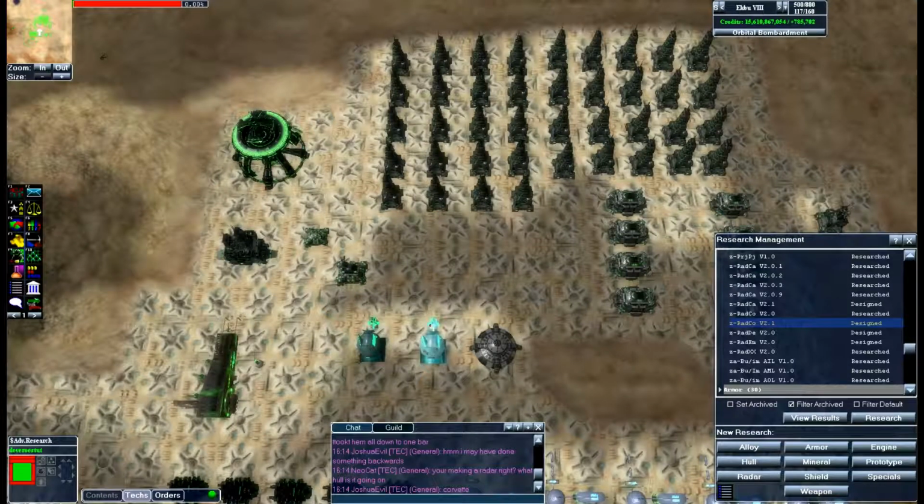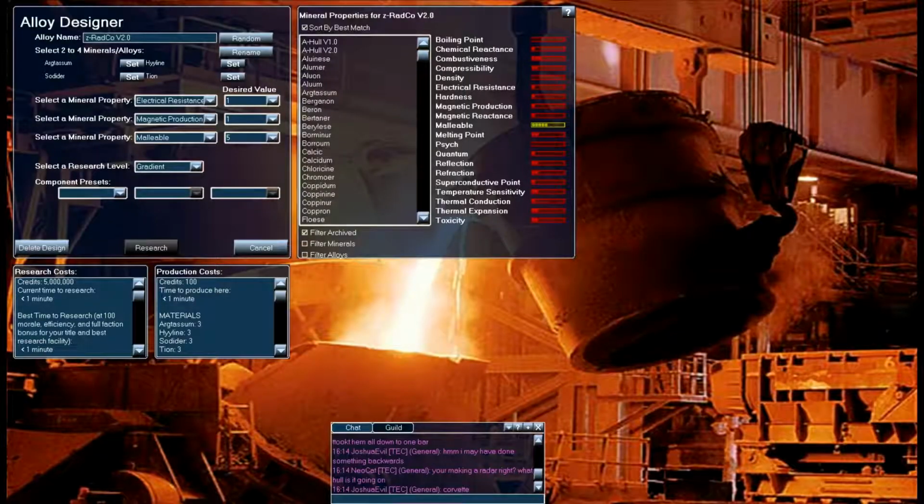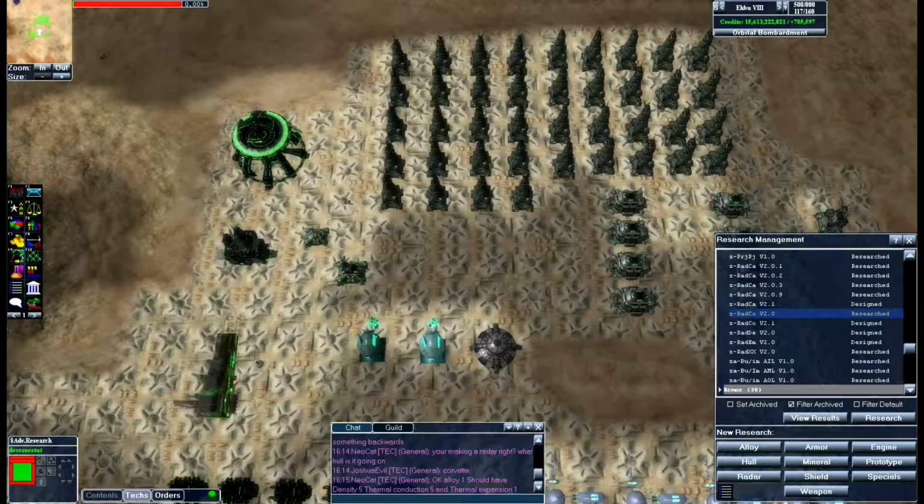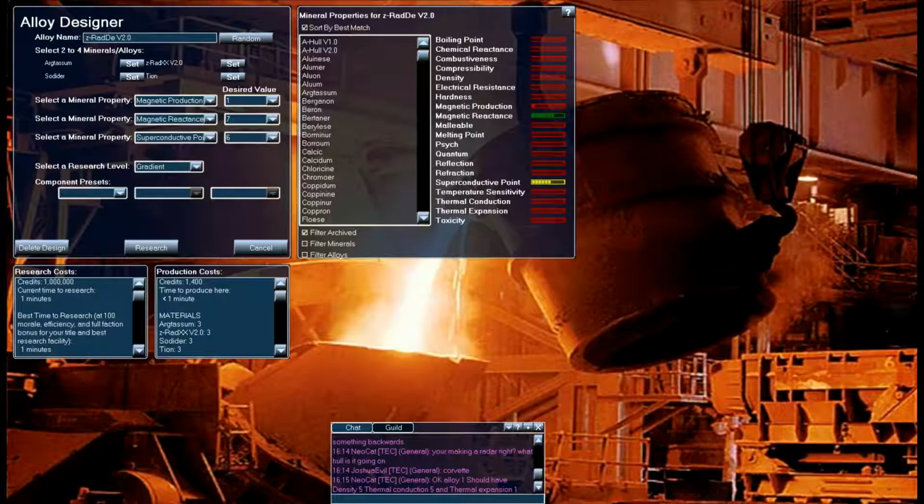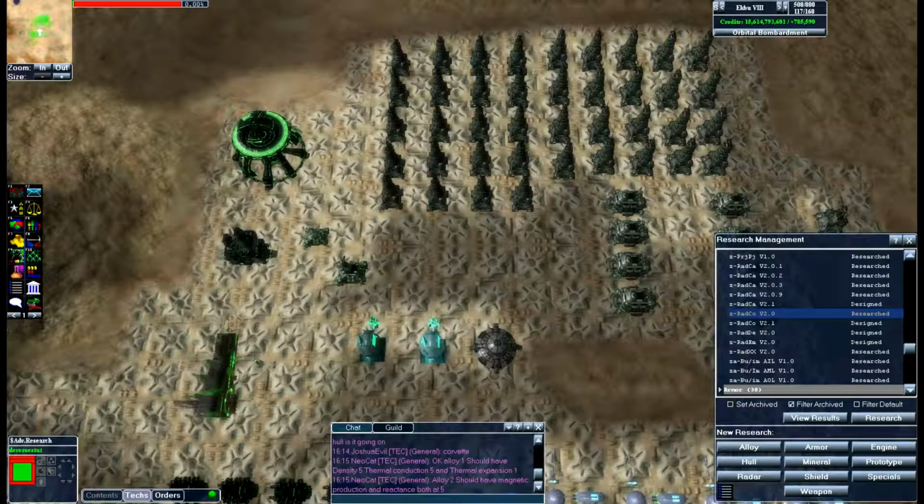The first one I want to show you is this radar collector. Notice that when I designed this, it had a bunch of properties in here I do not want. Normally what I would say to do is something like this. This is my scrubber alloy. It is an alloy that has absolutely no properties at all whatsoever, and it'll help clear that out. But sometimes that does not always work, as in the case with